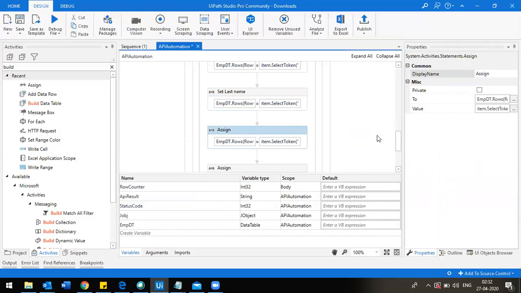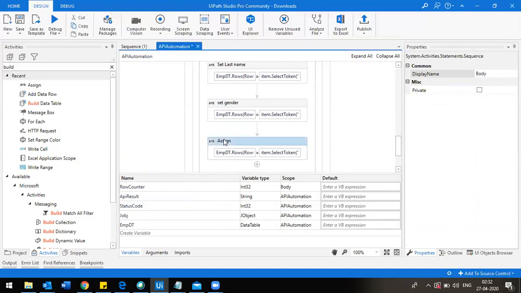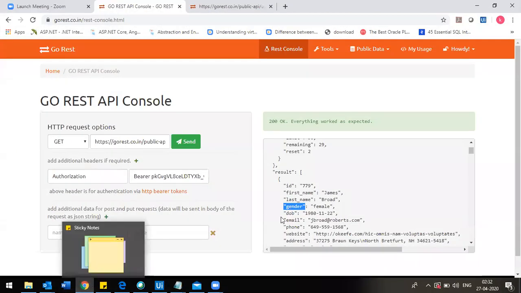Okay. And here set gender. And this is for date of birth. So what is the object name here? DOB.